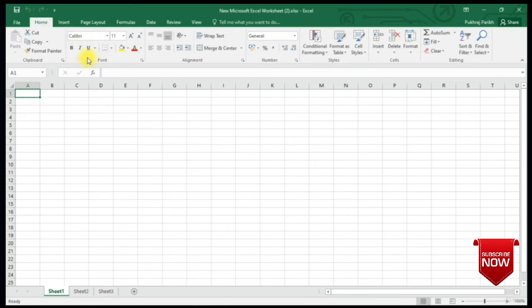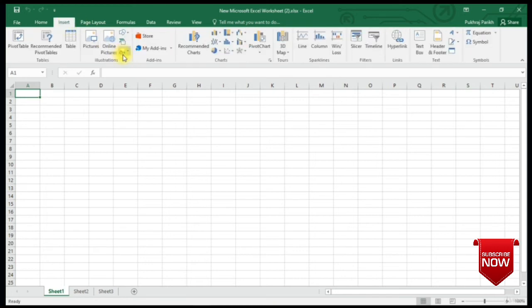This tab contains the basic clipboard commands such as cut, copy, paste, formatting commands, styling commands, and commands to insert and delete rows or columns. The second tab is Insert tab. We use this tab to insert elements into a worksheet, elements such as a table, a diagram, a chart, a symbol, and so on.